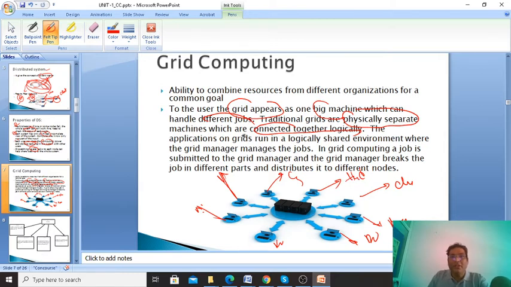The grid application logically shares the environment. Each system will run that software. They are logically interconnected across different locations. So in grid computing, a logical software runs on them, connecting all the systems together. They break the task, manage the different parts, distribute them, and run them for a common goal. So if I have a job of 10 jobs, each system will look at